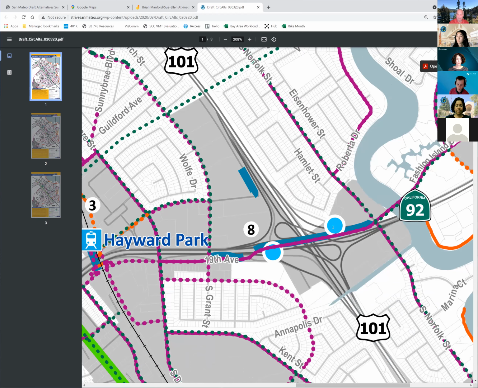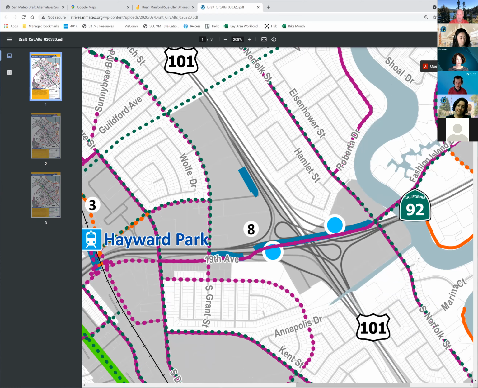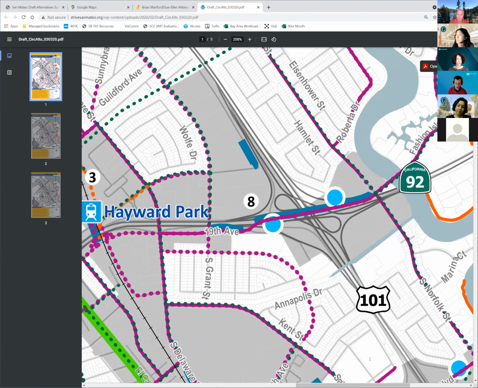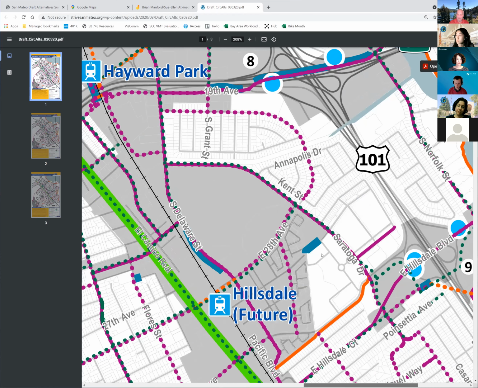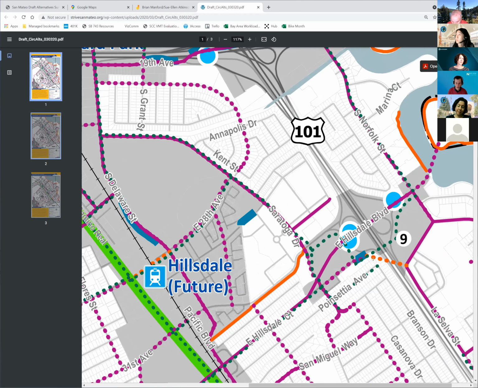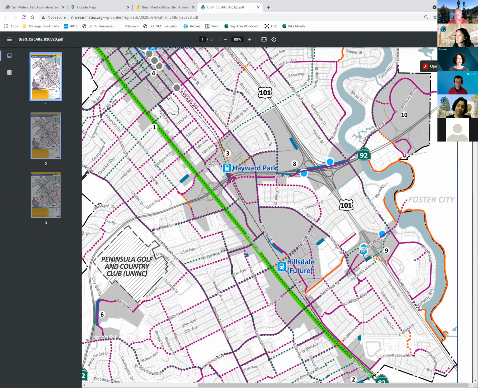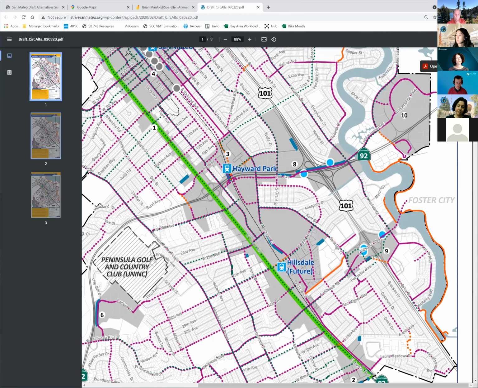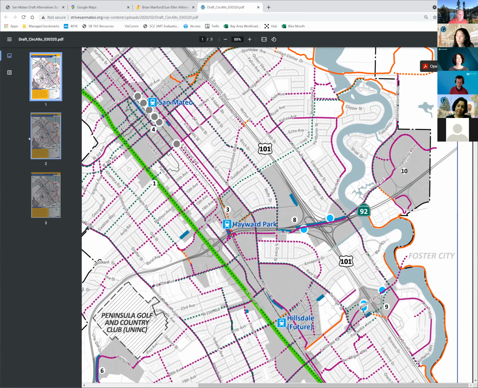And then the big blue dot is a safety improvement at the highway off-ramp. That's true for study area 8 as well as 9, which have off-ramps in them. So those are the pedestrian improvements and overall safety changes in alternative A, a walkable city.